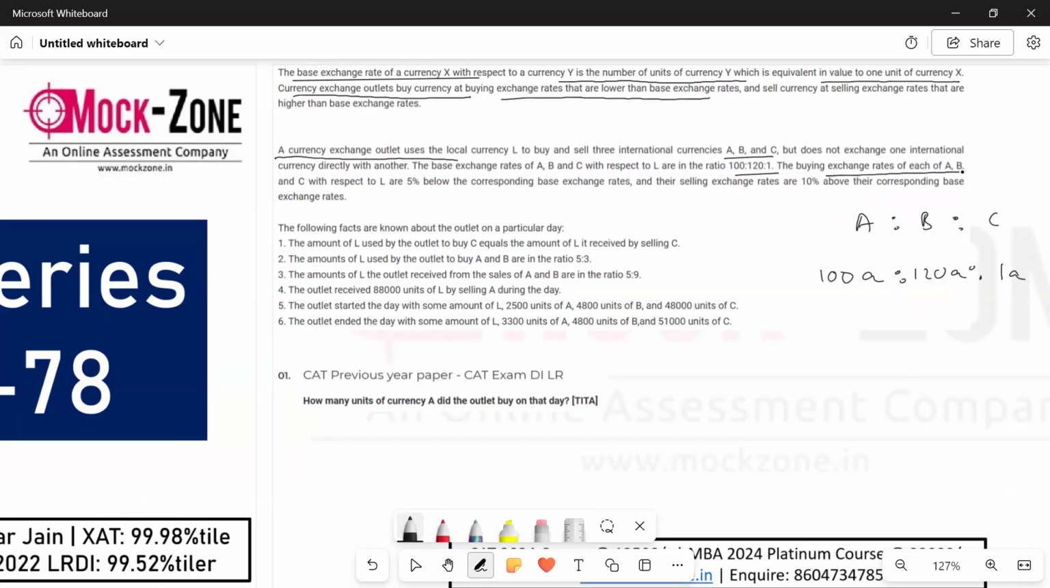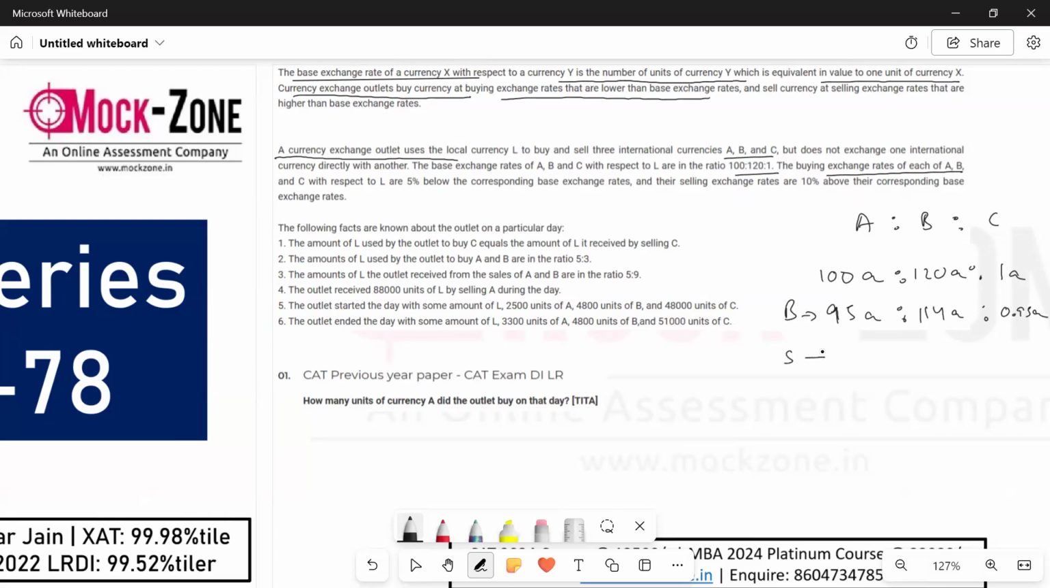The buying exchange rates of each of A, B, C with respect to L are 5% below the corresponding base exchange rates. That means if we talk about the buying exchange rate, they will be 5% less. That means 95A is to 114A is to 5% of 132, so 125.4A. This will be the buying rate,